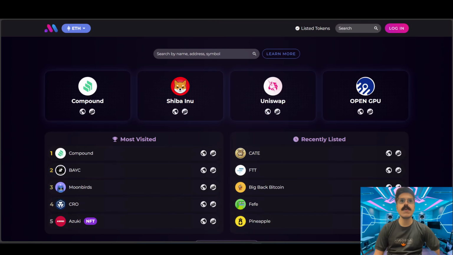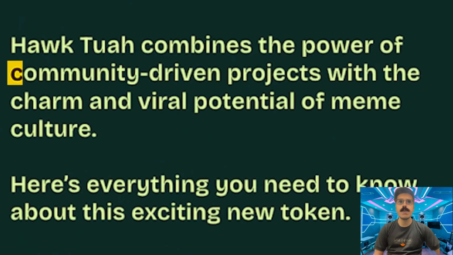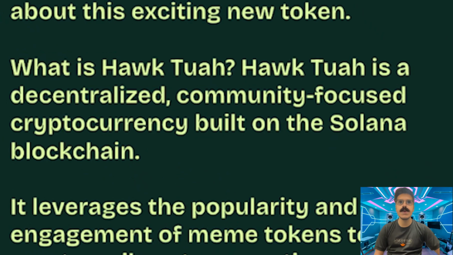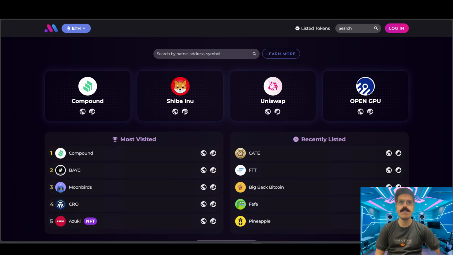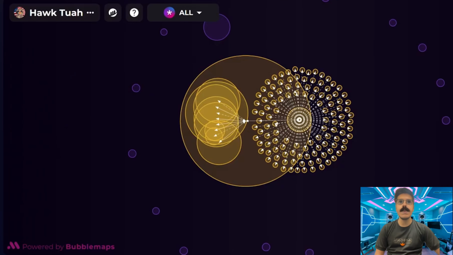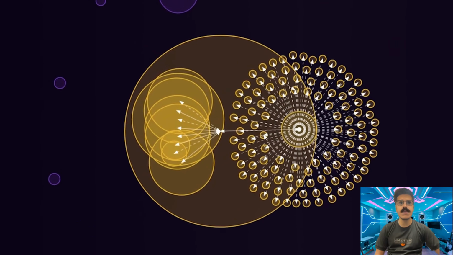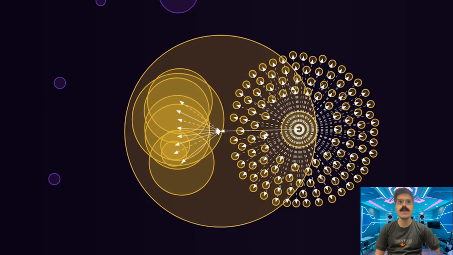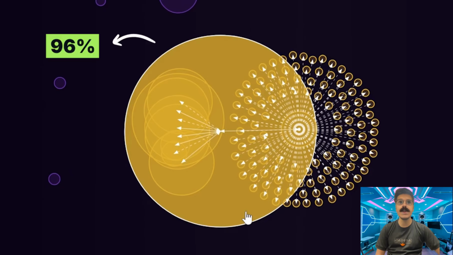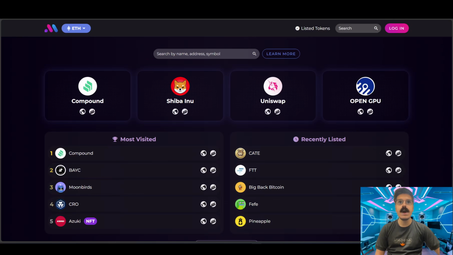So for a more interesting example, let's take a look at the celebrity token Hawk. The token was marketed as a community-first project and promised decentralization, fairness, and inclusivity. But the data tells us a different story. Just one glance at the bubble map and it's clear that something is off. The historical view shows us the team's wallet held around 96% of the total supply. Around 16% of this was secretly unlocked for a pre-sale, as indicated by a bubble with a dotted line branching out